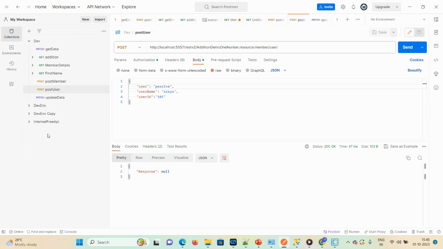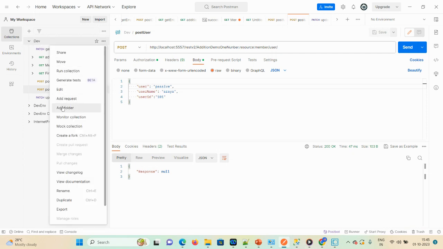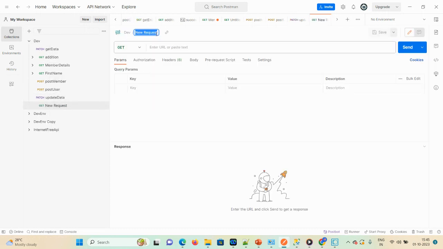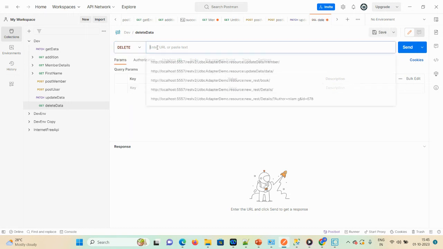So just open this application. This is my folder. I want to add one request here, so click on add request. Give the name as delete data. Select method as delete. Here we require